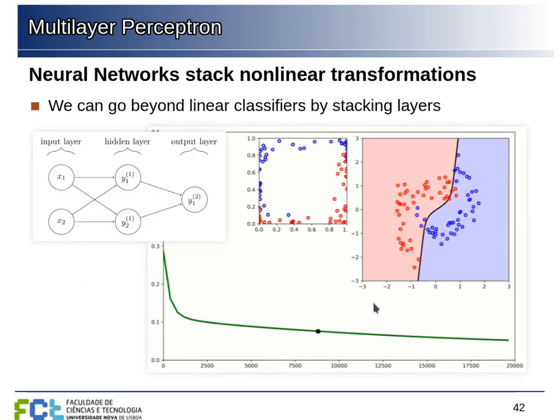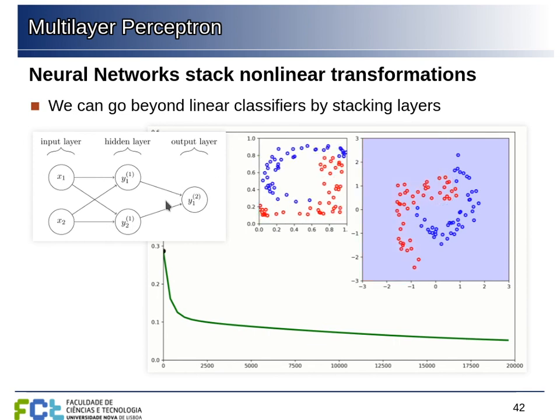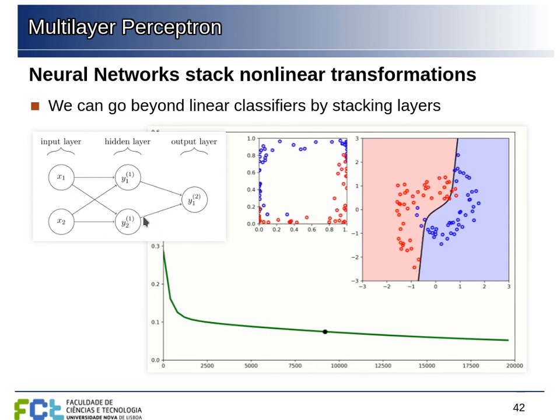So this is an example of how this actually works in practice. We can train this network here to classify these sets of points, because in this case, what we are doing is feeding the coordinates of the points into the first hidden layer. Now these neurons will fire, and each one will fire differently because it will have different weights based on what it's learning during training, and it will create a different representation of the data.